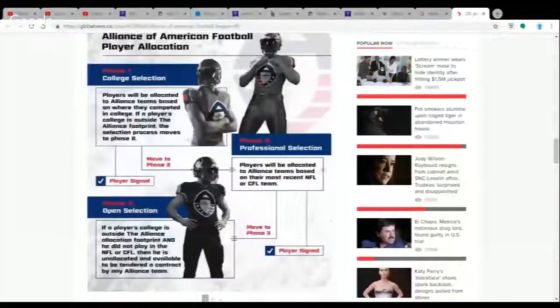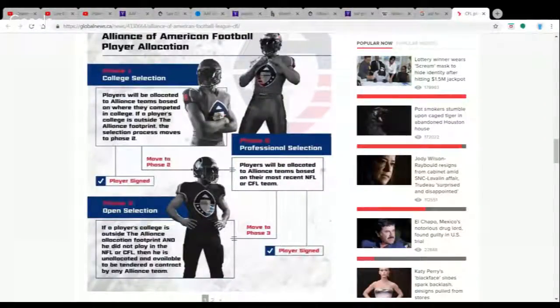Okay, I found it. I'm just going to blow it up, or do this share thing. Share screen. There we go. Application window. CFL players eligible. Okay, so allocation. That's it. Yeah, allocation. So if you go to the allocation,